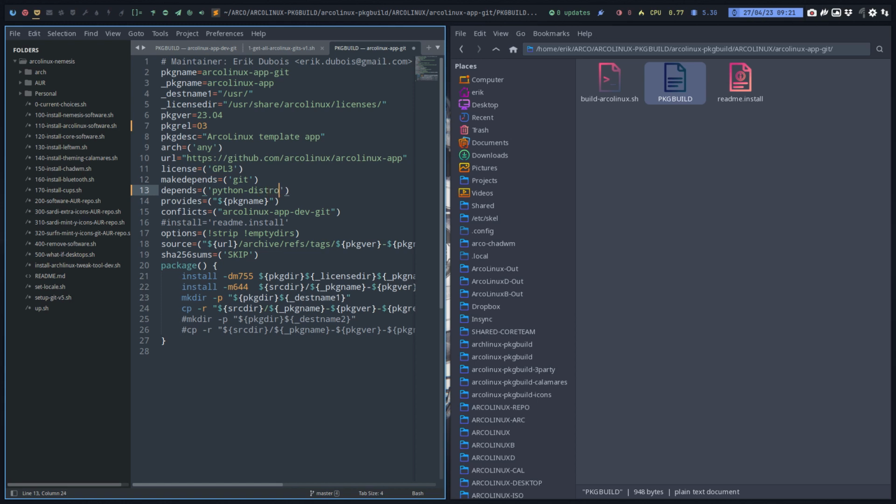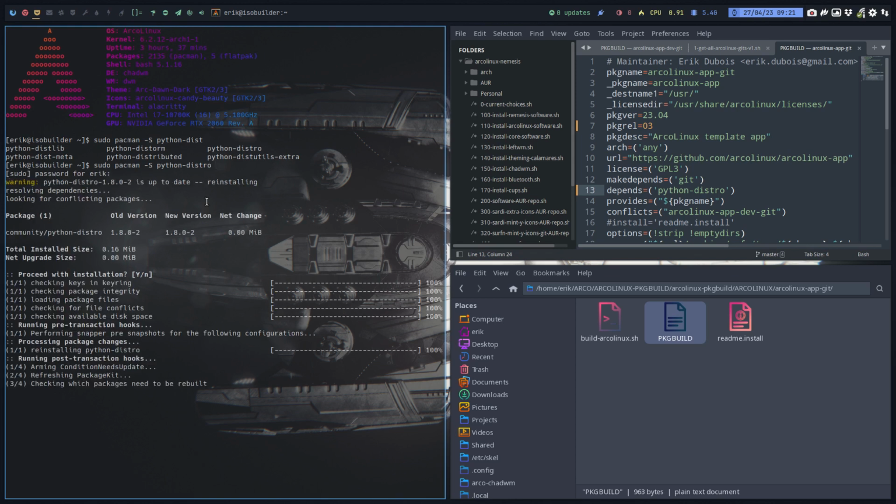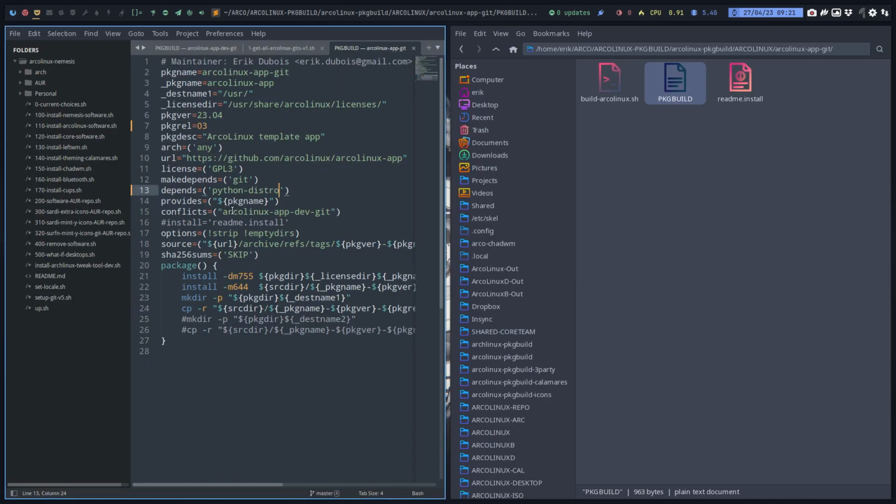So we're asking information from an application, sudo pacman -s, but it needs to be there. It has to be there, it has to be installed, otherwise you can't ask, give me the distro. So Python distro is a dependency. Control save, Q,